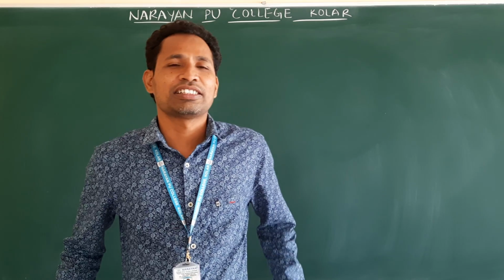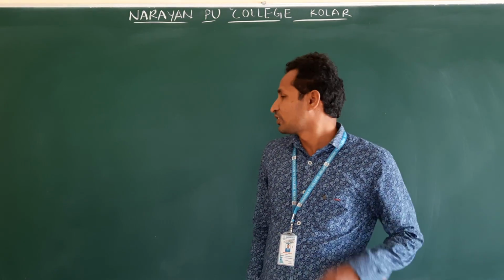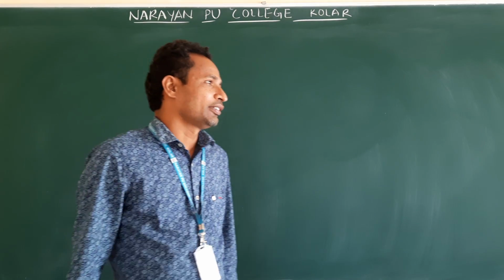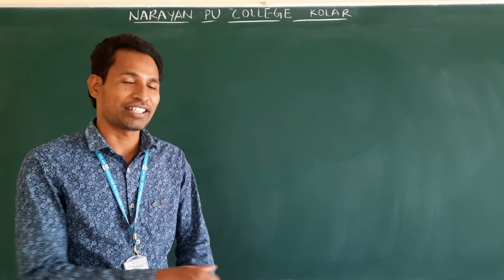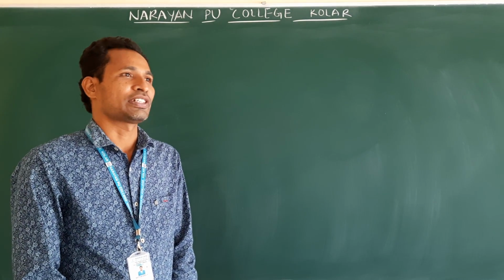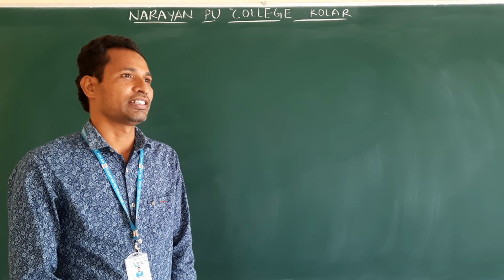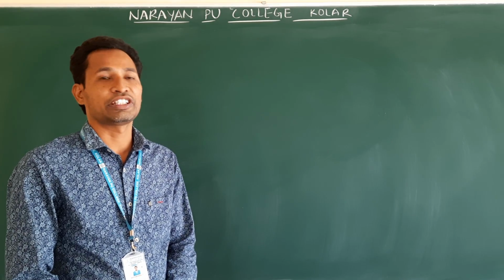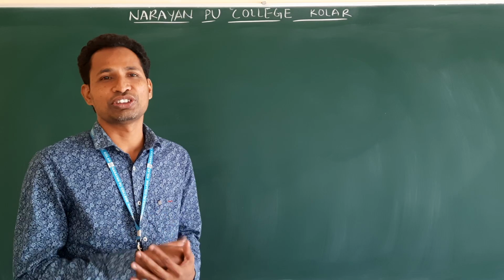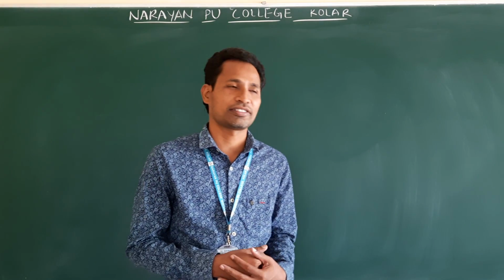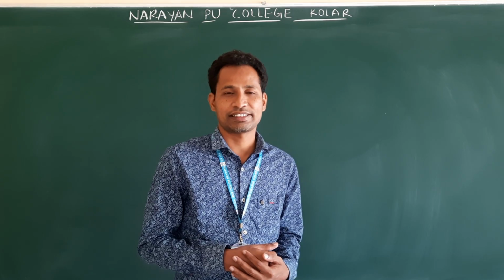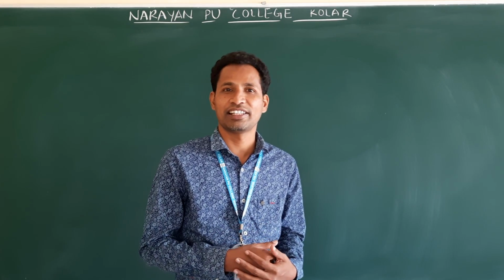So, in the last class, we started motion in a plane, and in that, we have seen vectors and scalars, and we are studying the properties of vectors. Clear? First, we have seen physical quantities divided into scalars and vectors. After that, we have seen position vector, displacement vector, and then equality of vectors, and multiplying a vector by a real number.